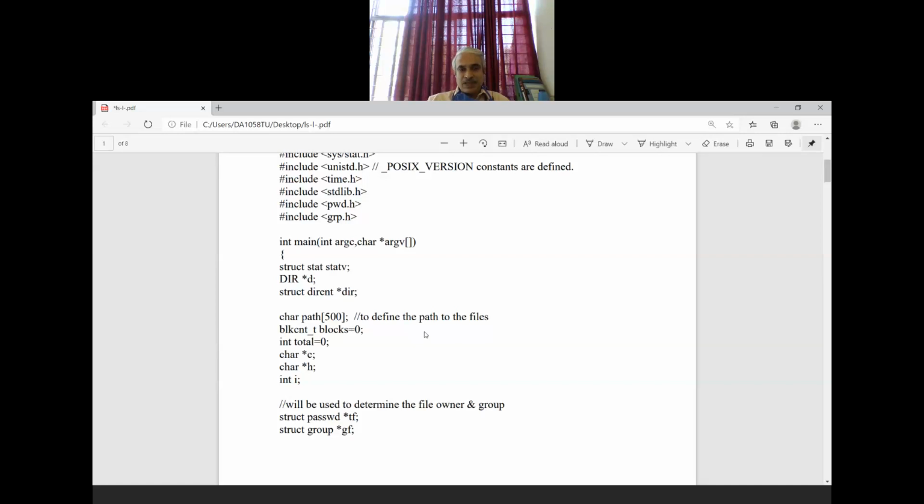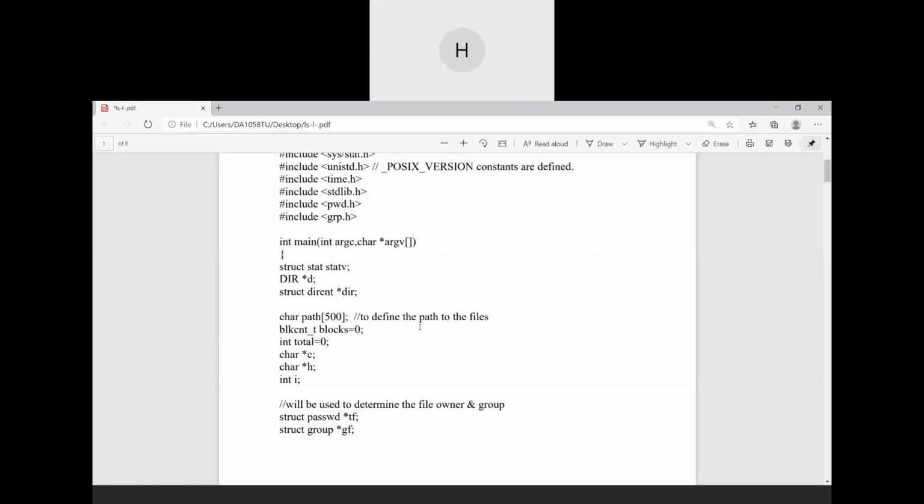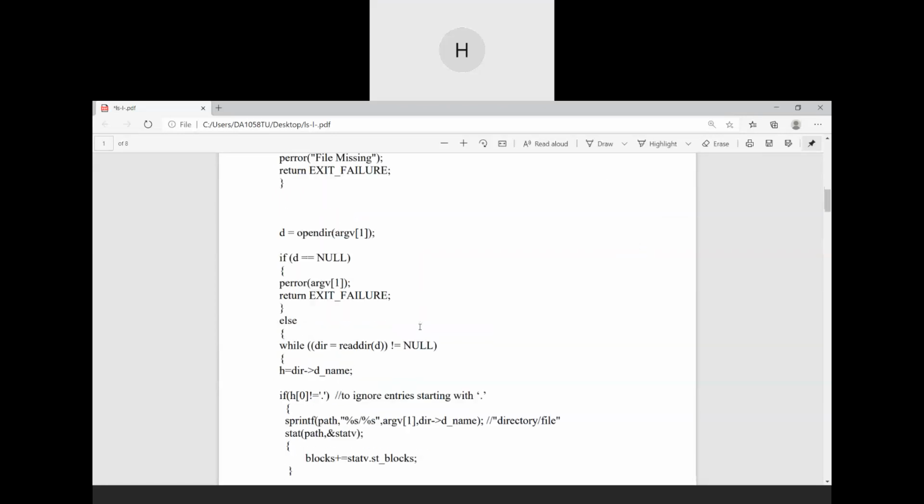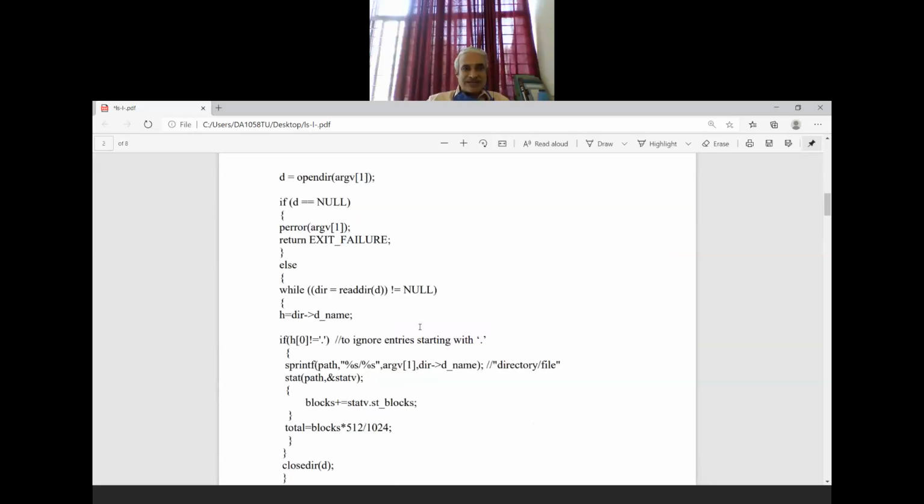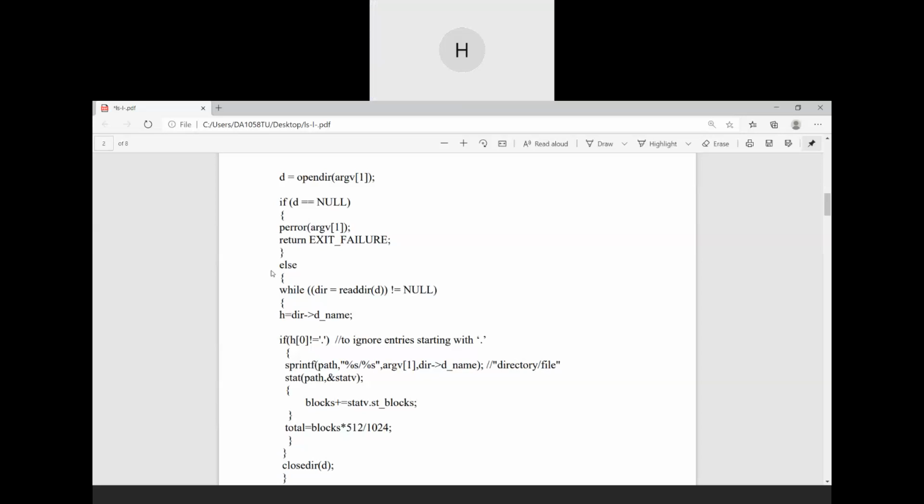Then directory stream equal to opendir. That will make the program more readable, and a lot of errors can be avoided that come from not understanding properly. Make your code more readable.